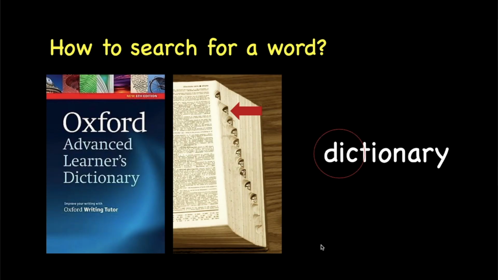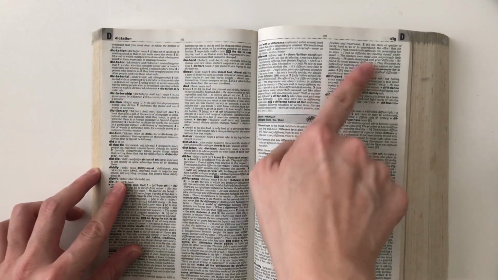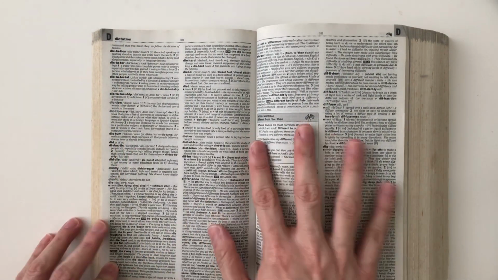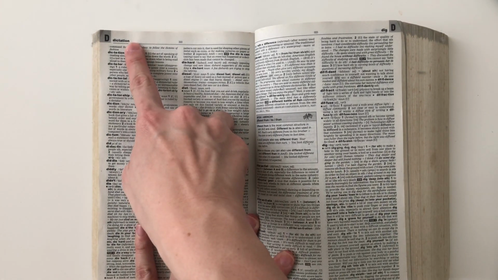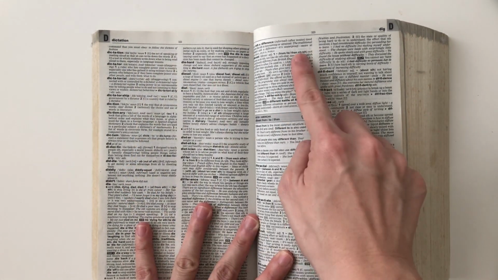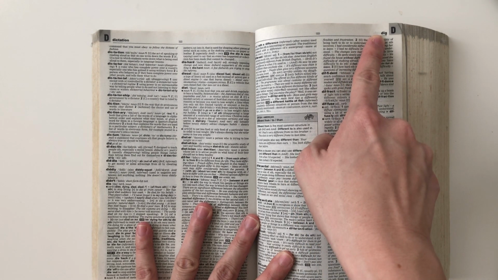So when finding a word, we can start with DIC, first three letters in the word. This is because the dictionary is arranged alphabetically. If you can search for a word, you come to a page like this. You can notice that there is a word on top of the left page and also there is a word on top of the right page.